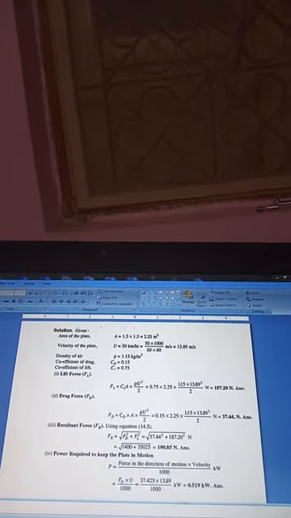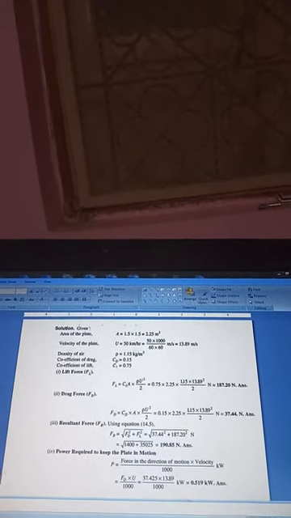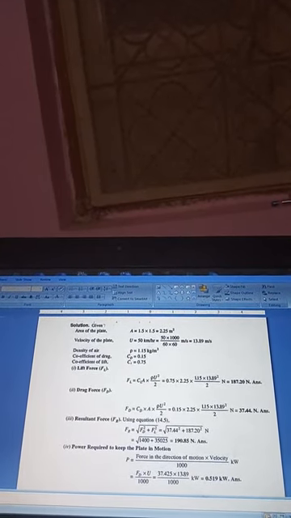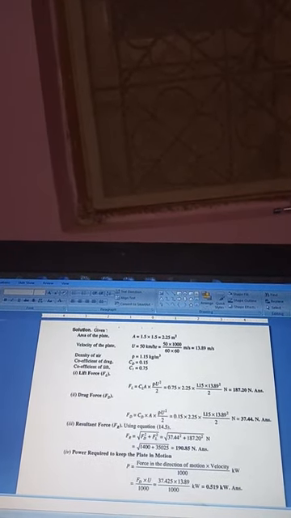If you see the forces, the lift force is more than the drag force in this case. It is a good sign that the lift force is always helping the body for lifting in air. And the drag force is the opposition to the motion of the body, like in the case of an aeroplane. So drag force should be as low as possible, so that you will require less fuel for the aeroplane. The resultant force you can calculate by Fd square plus Fl square, under root of that, it will give